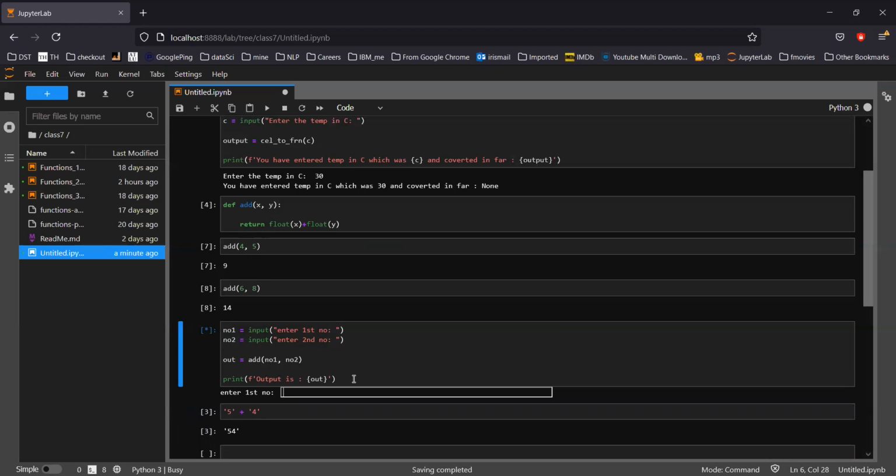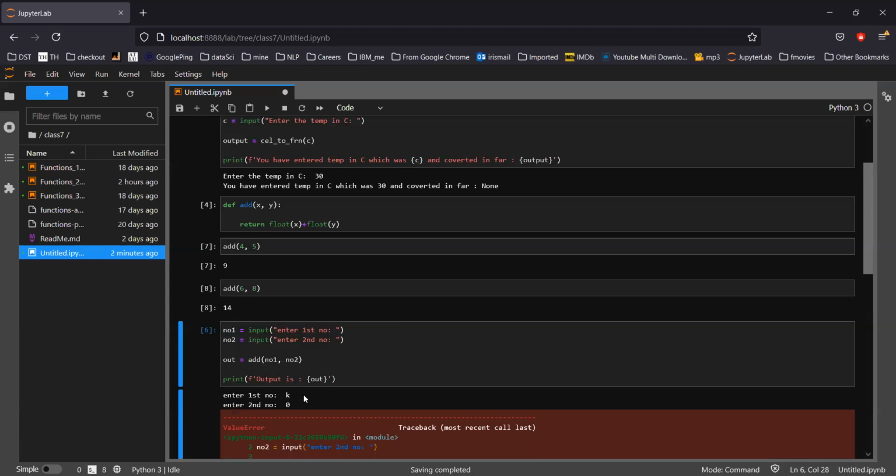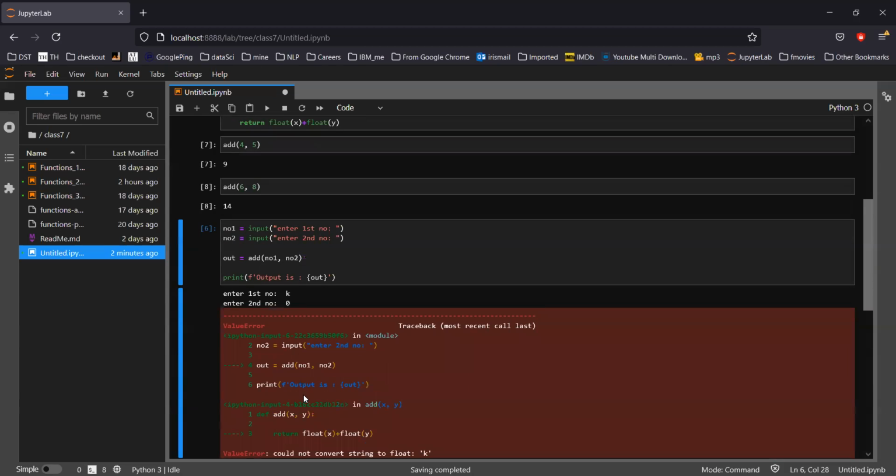Let's say I'll give you an example. Whenever we code, we always treat the user who is going to use it as a monkey. He is going to try a hell of a lot of things, and we have to take care of all those things. Suppose you have written a small calculator which does nothing but the addition of two numbers. You are asking for a number, and I, as a user, am not going to pass you a number, I'm going to pass you a k. Let's say I pass a 0, and there is an error. It broke, my program has been broken, and that's what we wanted to avoid. So user can enter anything.